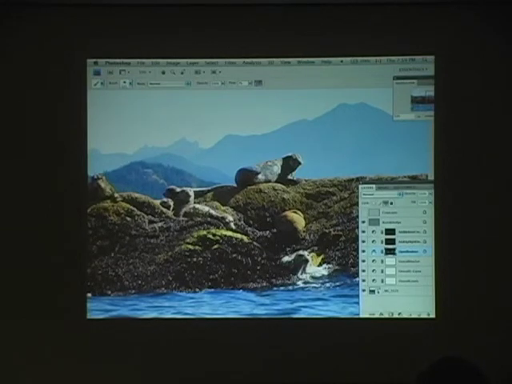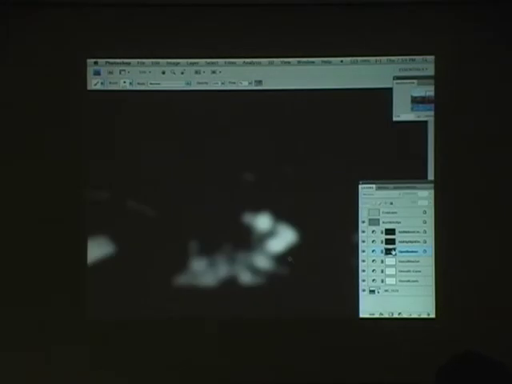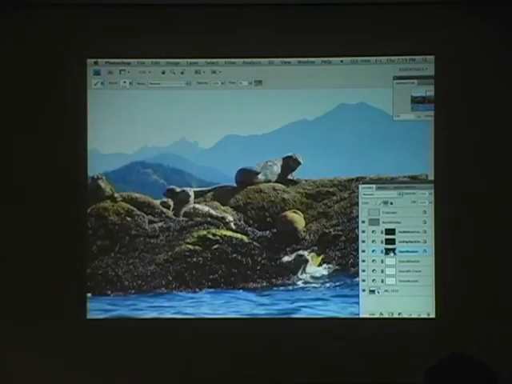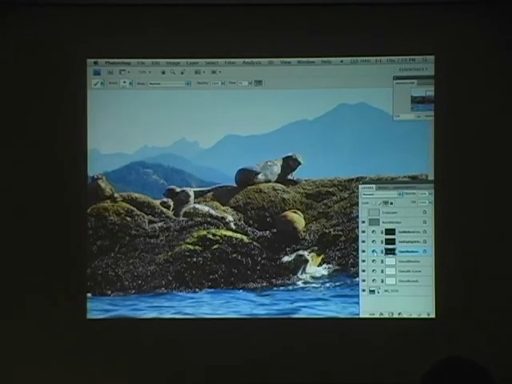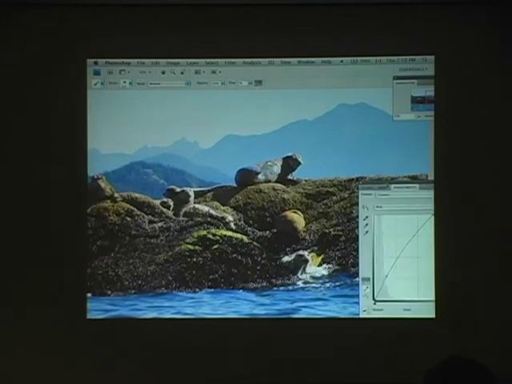Then what I can do is say, okay, well, I've got my basic mask now, okay, so those areas where the mask is white. So if you option click on the mask, you can toggle between seeing the mask or seeing the image, okay? And then when you shift click on the mask, it turns the mask off, okay? So you can see if I painted everything totally white, I'd actually see a little bit more shadow detail. But the other thing you can do is once you've got your basic mask, you can double click on your curve, and then you can adjust your curve, okay? Now, if you want to see where these values are on the curve,